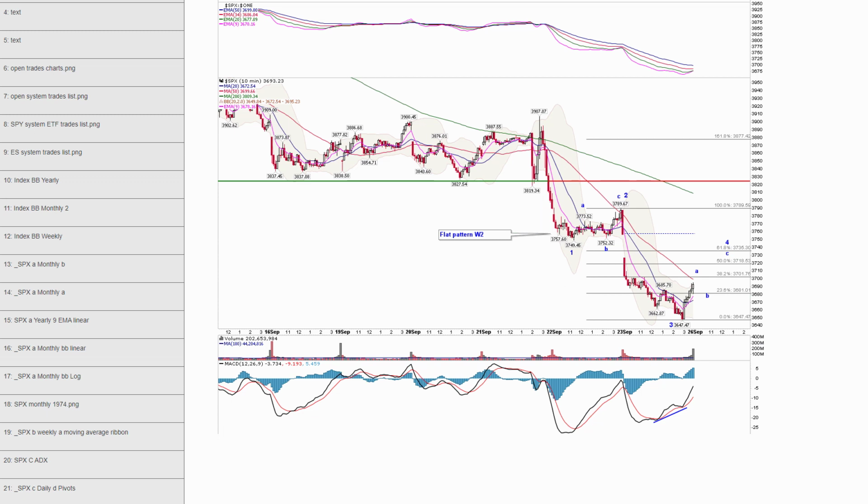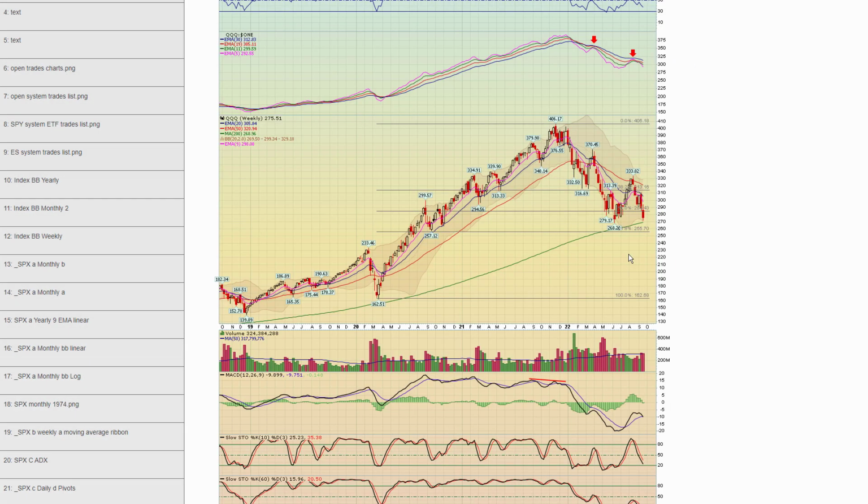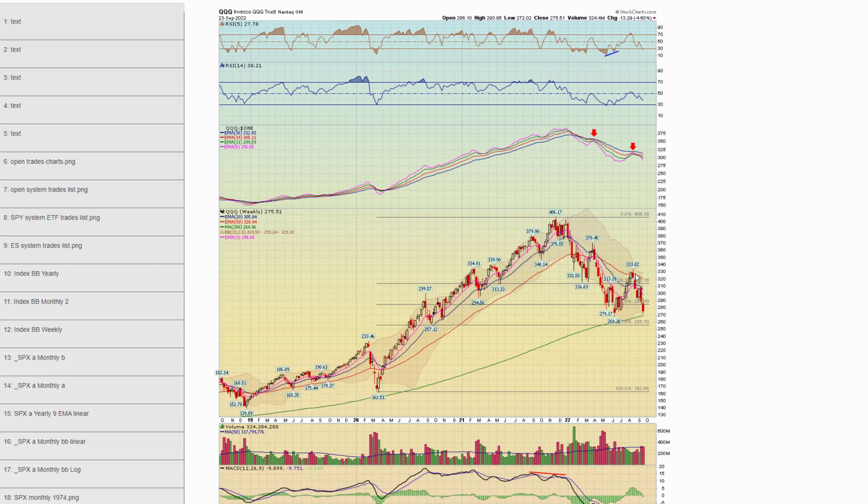All right, guys, let's move on. We'll look at the triple Qs. Chart 31, here's the weekly view of the triple Qs. Again, just like the S&P, essentially testing their June lows right near the 200-week moving average. Now, the 200-week moving average is important. That tends to be a long-term pivotal area on the indexes, so we are pretty close to that.